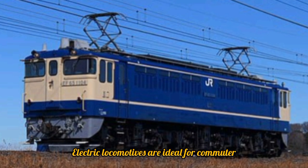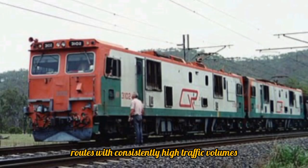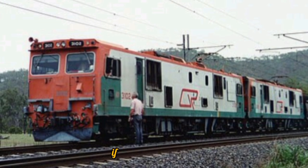Electric locomotives are ideal for commuter rail service with frequent stops. Electric locomotives are used on freight routes with consistently high traffic volumes or in areas with advanced rail networks. Power plants, even if they burn fossil fuels, are far cleaner than mobile sources such as locomotive engines. The power can also come from low-carbon or renewable sources, including geothermal power, hydroelectric power, biomass, solar power, nuclear power,